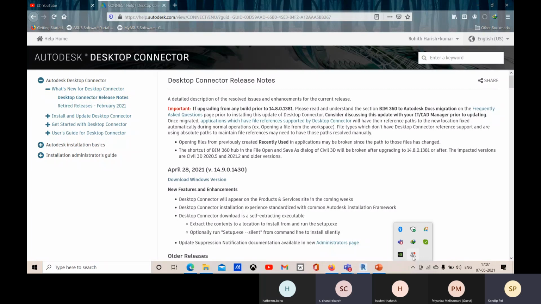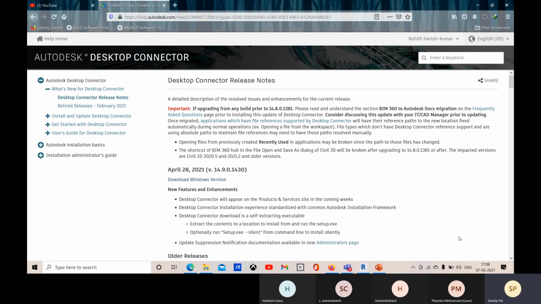So after installing it, you have to restart your PC, and there you will find this. In this tray, you will find the Autodesk Desktop Connector icon. You have to click on it, and if you want to work offline, you can work offline. When you are installing it, first it will connect with the account which is currently signed in with Revit or your Autodesk account. So first sign it out and then sign in again.